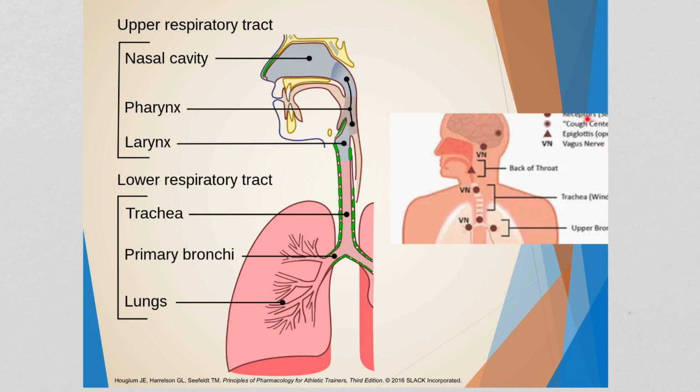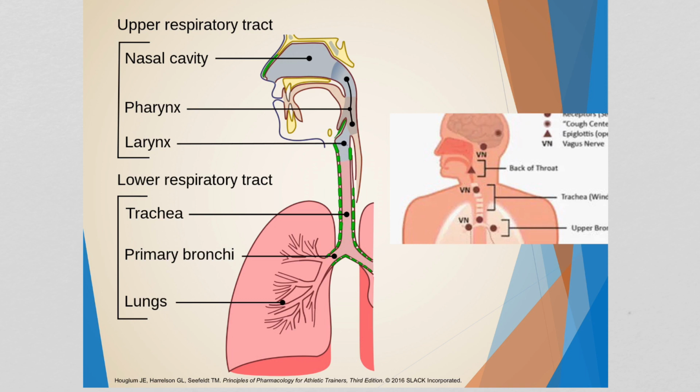On this side of the PowerPoint slide, what we can see are different cough centers. And so this is one of the reasons that drugs that are going to be aimed at reducing cough in some way typically target our lower respiratory tract. And we can see why there are 3 kind of cough centers in the lower respiratory tract. And what I mean by that is